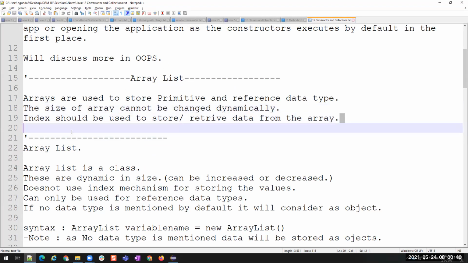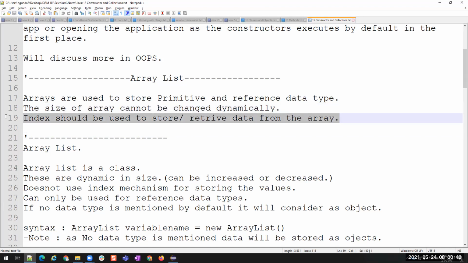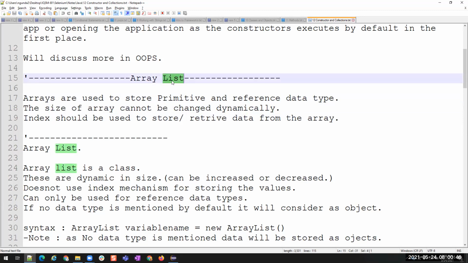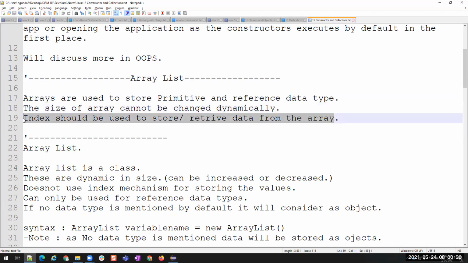And an index is used to store or retrieve the data from the array. But we have different types of collections where this index is not used. We don't need an index to store. We need an index to retrieve, but we don't need an index to store for some of the collections. And for some of the items, we don't even need the index to store or retrieve.